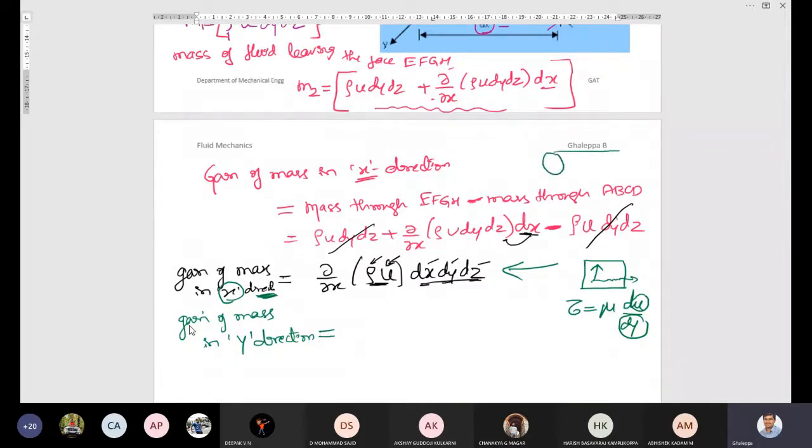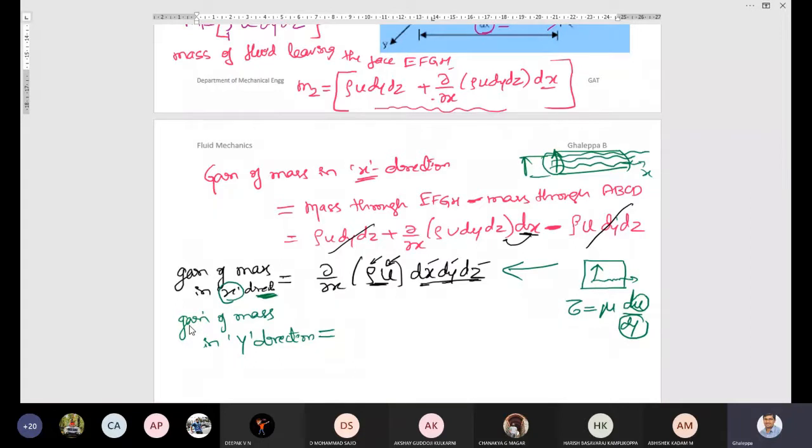pipe. There is no doubt that along the length the fluid is flowing. It is flowing in this direction, but along the y direction there is also a change in velocity. It happens, but it is not observed through our eyes. We can't see it, because the dominant velocity of fluid is in x direction, so change in velocity along y direction is not easily visualized.